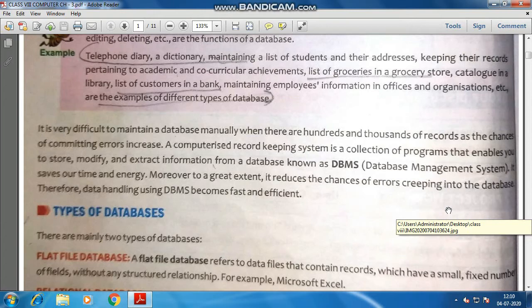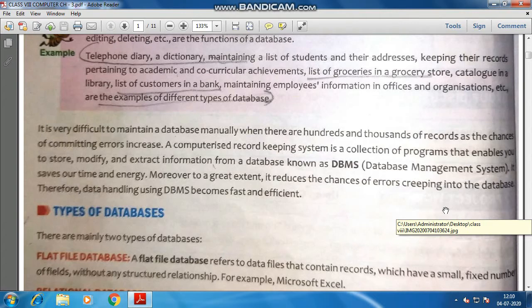Some companies deal with DBMS software and provide it as a service to MNCs, to small scale or large scale organizations, or even to schools and educational institutions.